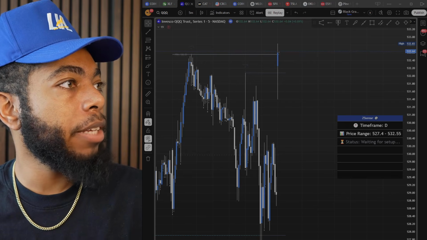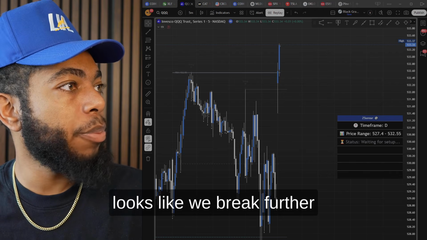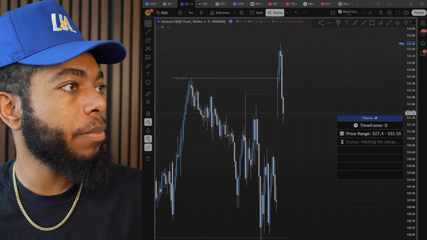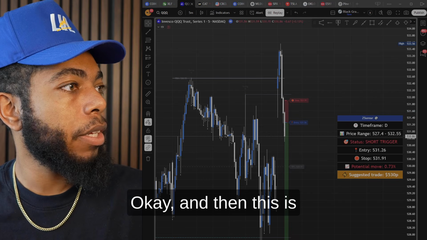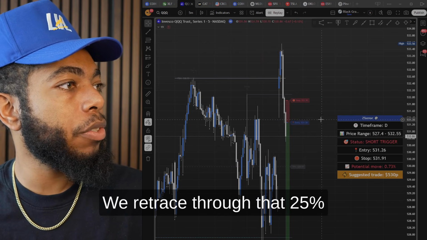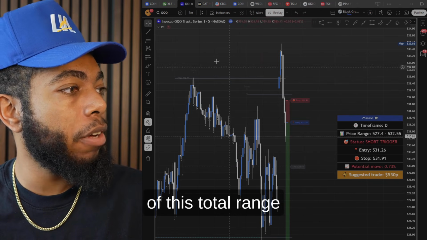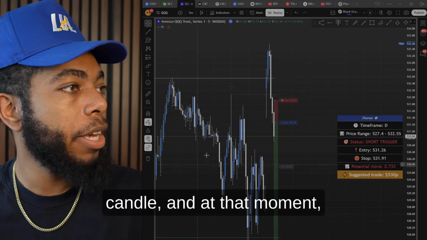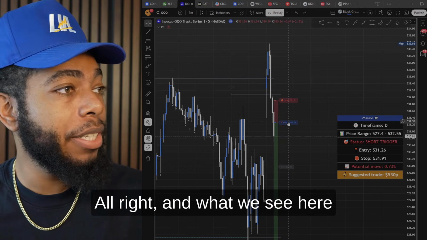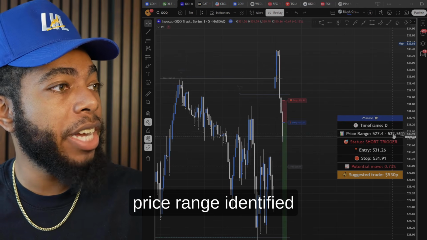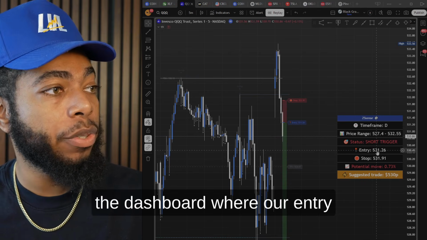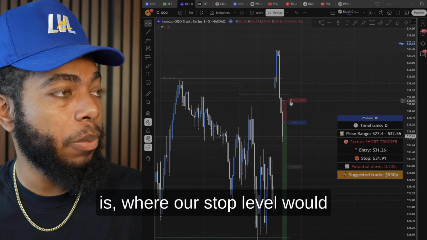And so after that, looks like we break further. And we're still going. Price is still moving forward. Okay? And then this is what we get here, right? We retrace through that 25% of this total range of the higher time frame candle. And at that moment, our entry is triggered, all right? And what we see here is that we have the price range identified between the high and low of the previous day, and we have labeled on the dashboard where our entry is, where our stop level would be, here at the